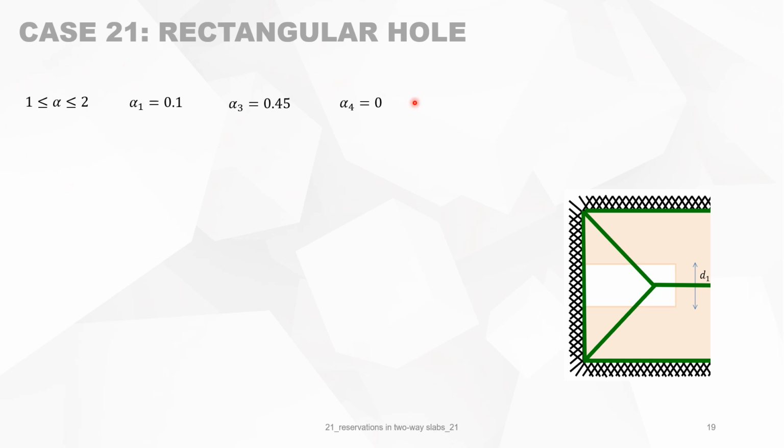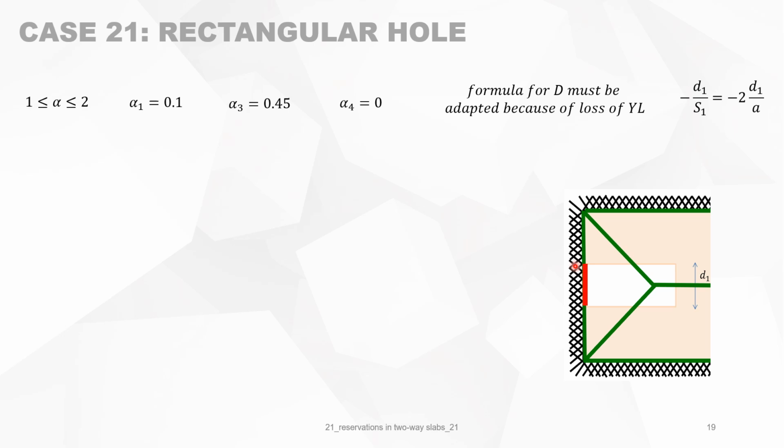We first look at the different parameters. Alpha 4 is D4 divided by A, but D4 is 0. It's against the left-hand side of the support. We have alpha 1 and alpha 3, and we know that alpha 2 must be between 1 and 2. First thing we notice is that with D4 equal to 0, there is no yield line here, where the red part is. So in fact, we should adapt our formulas and subtract this. And instead of the length A, it has the length A minus D1. And this is the loss, in fact,